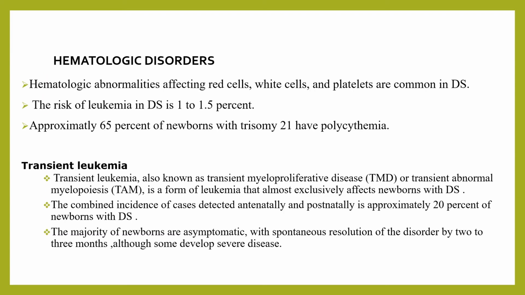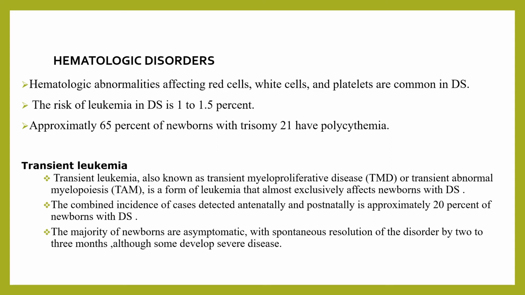The other systemic disorder in children with Down syndrome is hematologic abnormalities. Hematologic abnormality affects red cells, white cells, and the platelets, and they are common in children with Down syndrome. The risk of leukemia in Down syndrome is around 1 to 1.5%, which is higher than the general population. And approximately 65% of newborns with trisomy 21 have macrocytosis, that means increased red blood cell size, and also they